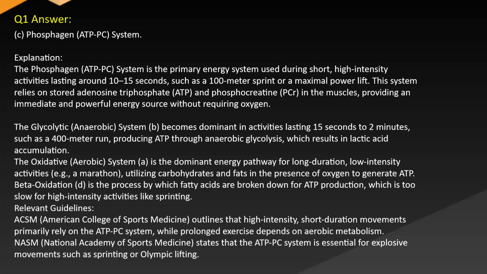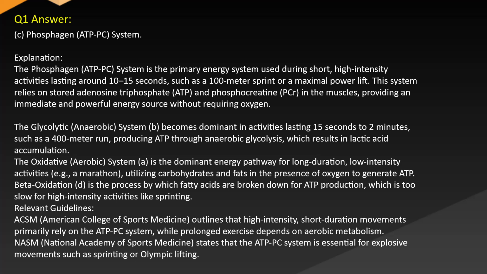Answer: C. Phosphagon ATP-PC system. Explanation: the phosphagon ATP-PC system is the primary energy system used during short, high-intensity activities lasting around 10 to 15 seconds, such as a 100-meter sprint or maximal power lift. This system relies on stored adenosine triphosphate (ATP) and phosphocreatine (PCr) in the muscles, providing an immediate and powerful energy